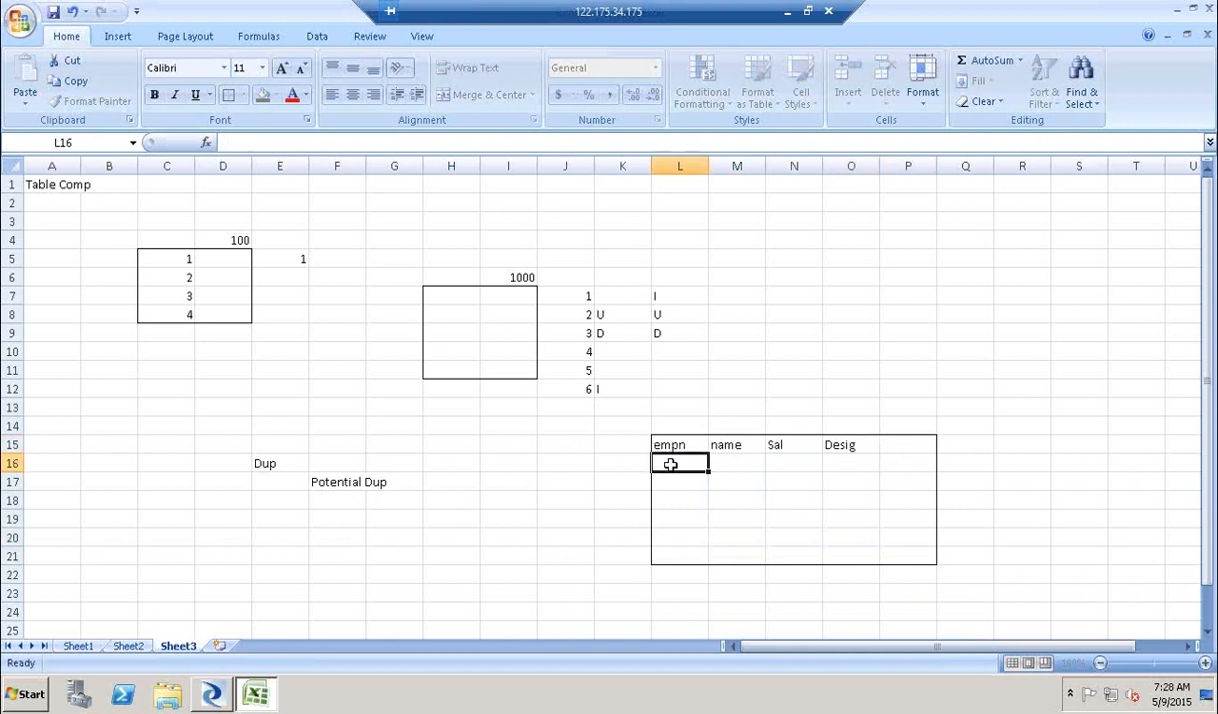So I have a table here: employee number, name, salary, and designation. I have employee number 1000, name Samuel, salary not given, designation not given. Then I have employee number 1000, name not given, salary let's say 10K, and designation manager. So I have one more record here as Samuel,